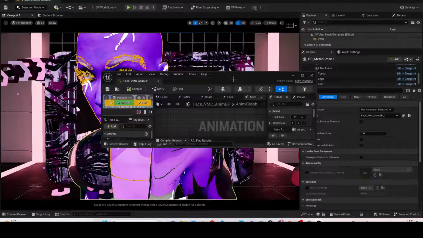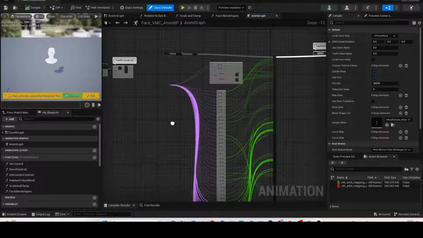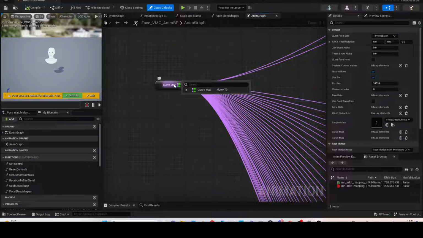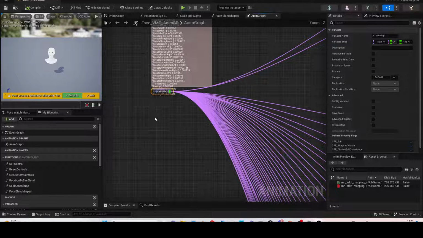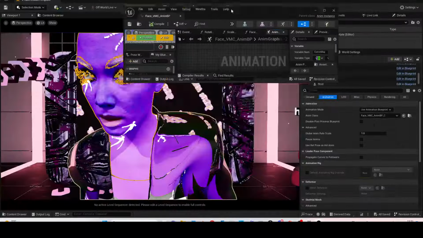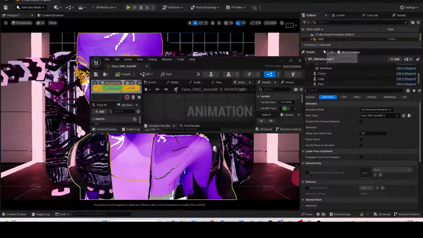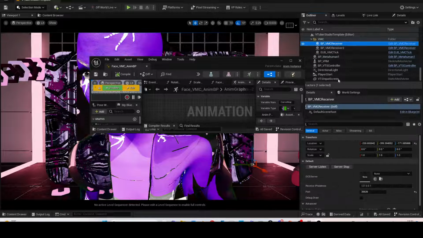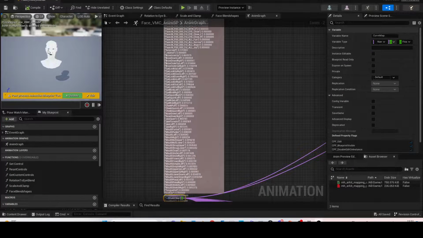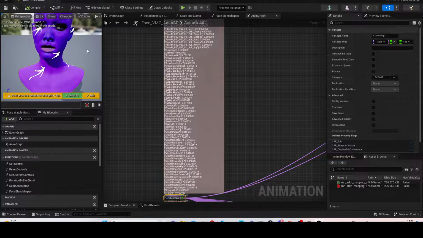If you've been following our tutorial, you'll know that I have created a curve map that receives all the values that are being sent via VMC in real time. And so if we turn on the VMC receiver and click on server listen, this will constantly update our animation blueprint. So you can see this is what's happening now, and it's tracking to my face using the inputs